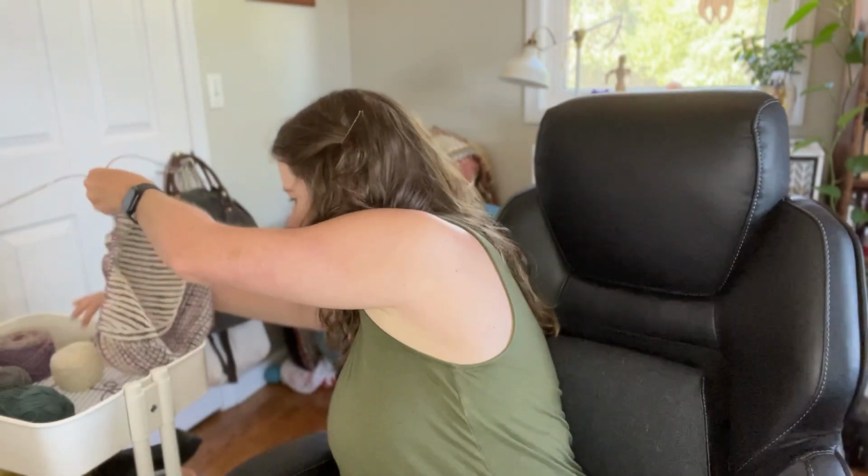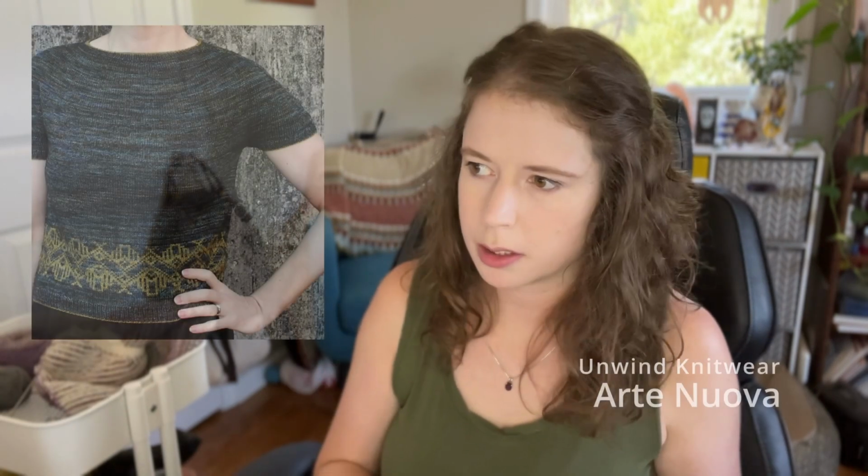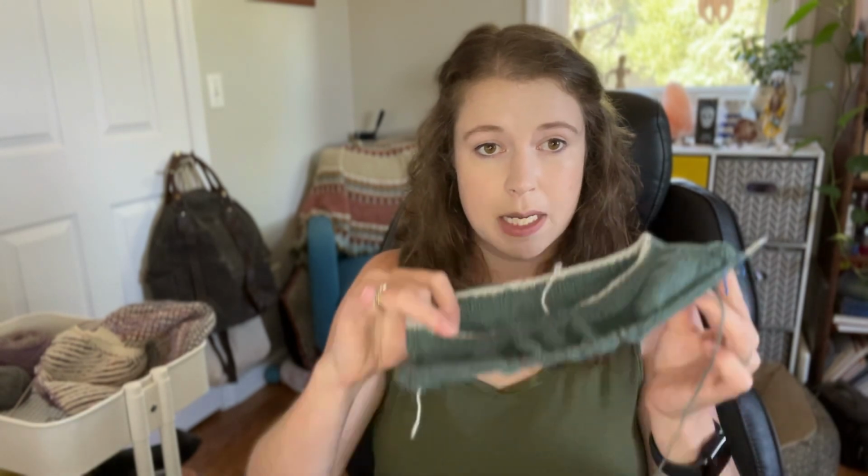Ugh. Don't know if I said size 4 needles for that. Size 4 needles. Okay, and then the last work in progress I have is a brand new one. I've not shared it. I just cast it on the other day. This is the Arte Nueva, I think, from Unwind Knitwear, I do know that. And I do know it's Arte, A-R-T-E. But it is a top-down,